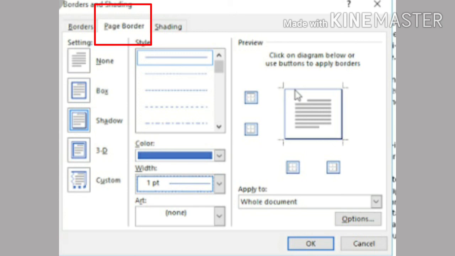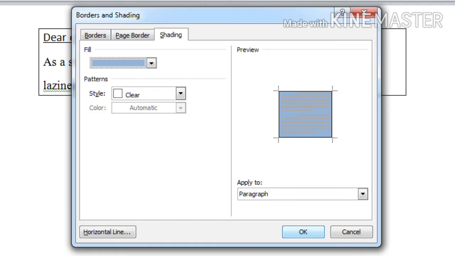And after selecting all the changes that you want to apply to your text, you can click on OK button. Before that, there is one more option, that is shading. Okay, so when you click on the shading option, you can select different shading options. From that you can give different shading to your paragraph.